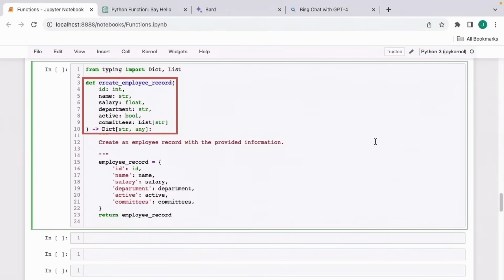You can see my function signature defined on lines 3 through 10. Observe that every input argument has a corresponding data type that is specified. This makes it very clear to someone using this function what kind of data to pass in. For example, on line 9, you can see the committees input argument requires a list of strings. After the closing parenthesis of the input arguments on line 10, you can see the arrow and then Dict[str, Any]